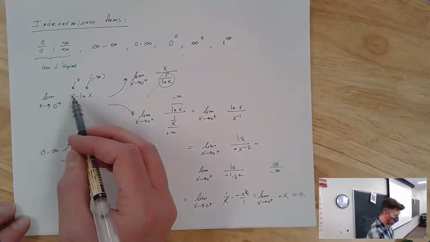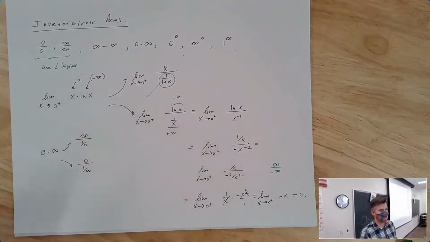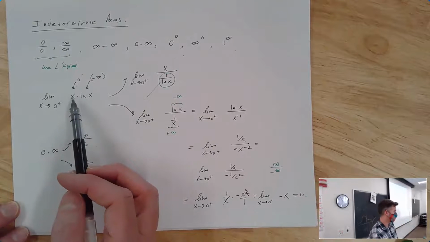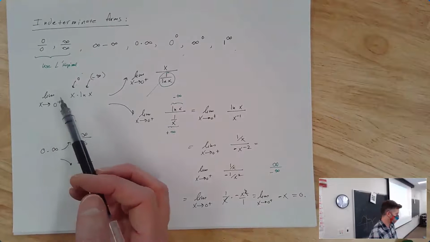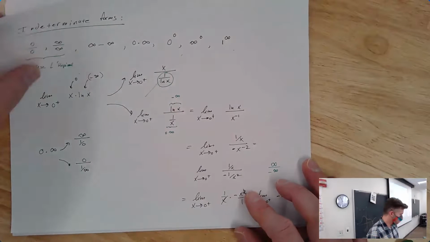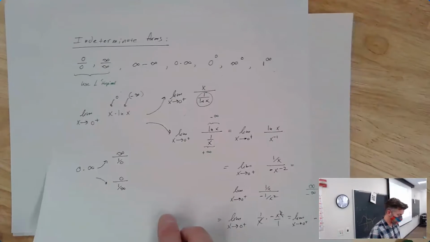So this 0 times this infinity, the 0 is, I don't know how to say it the right way, the 0 is more powerful than the infinity. The 0 is overpowering how large that is. Because natural log of x doesn't get large very fast, whereas if you're going to 0, x goes to 0 fairly rapidly. I know that's not super precise, but it's okay. We'll have to wait to do the exponential forms next time.